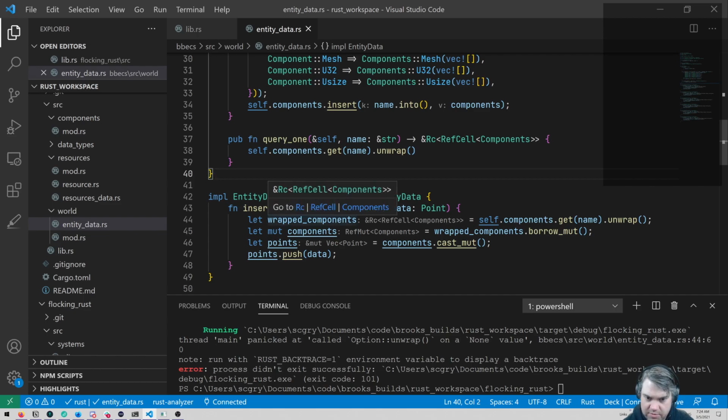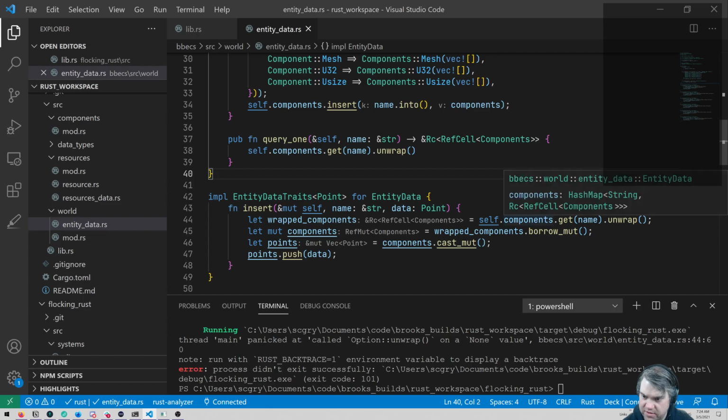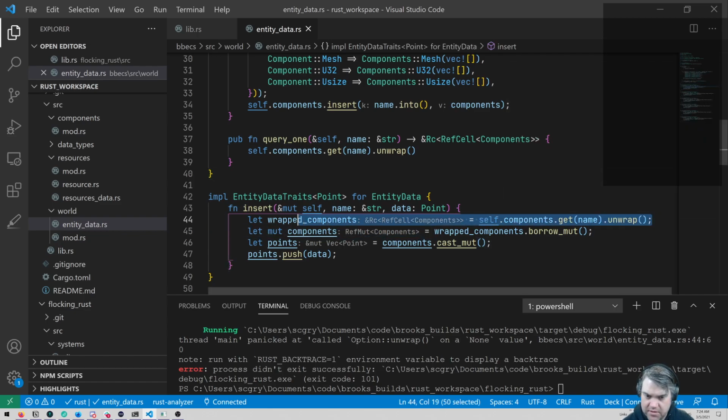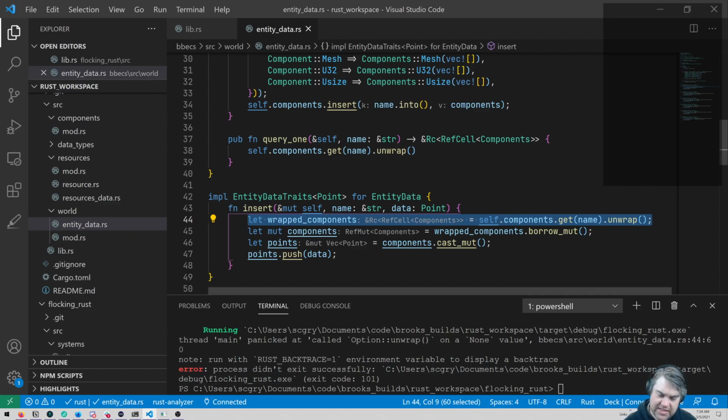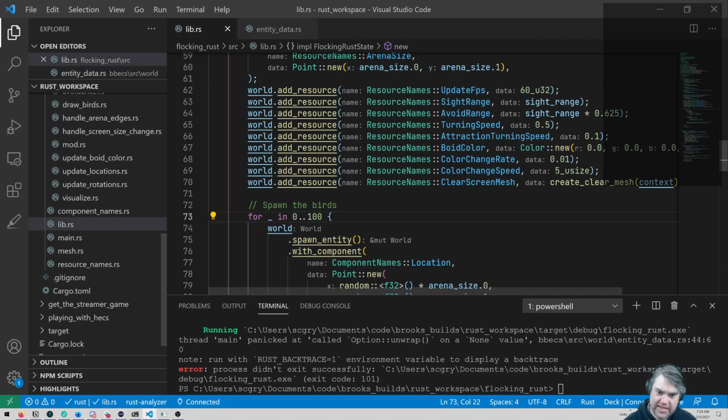Okay, so let rep components. This is per points. Okay, so self.components.get(name).unwrap. So at some point in here, we tried to remove these to get the points out, and that didn't work too well.